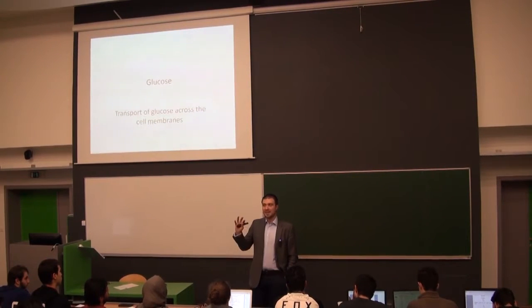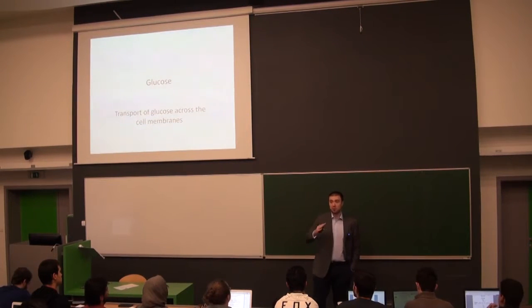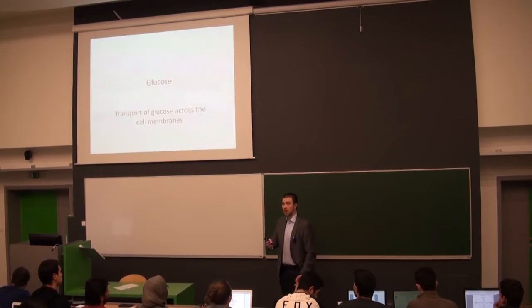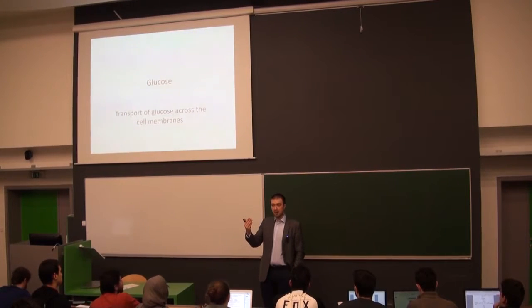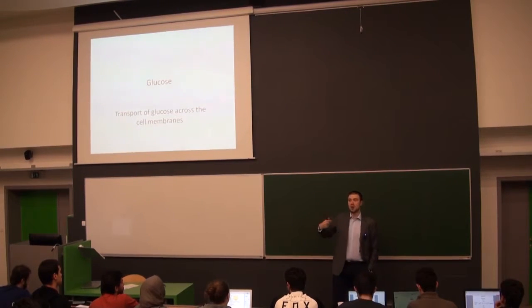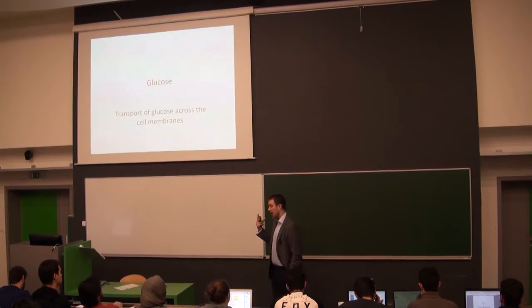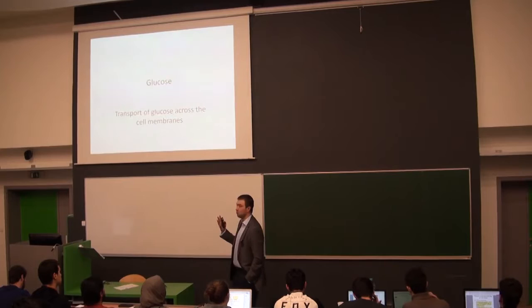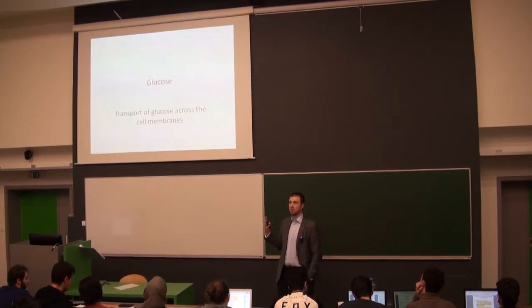That's the energy. Secondary, for example for glucose, means you have two partners. One is moving along the concentration gradient. The second is moving against the concentration gradient. And the movement of the partner along the concentration gradient gives energy for the movement of the other partner that's moving against the concentration gradient. And the last is typically the movement through vesicles, but that we will not use today since it's typical for big molecules.